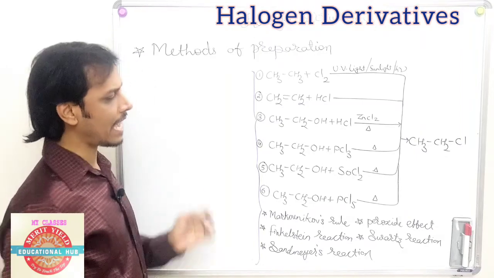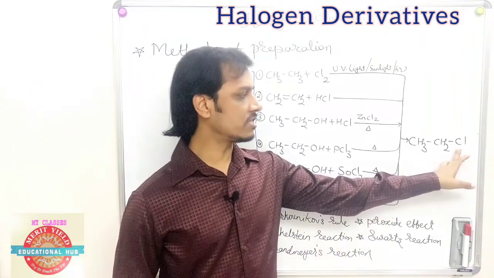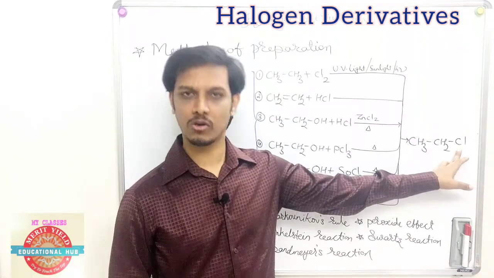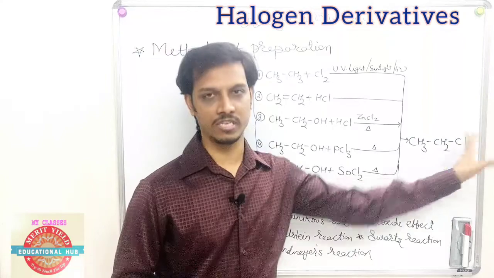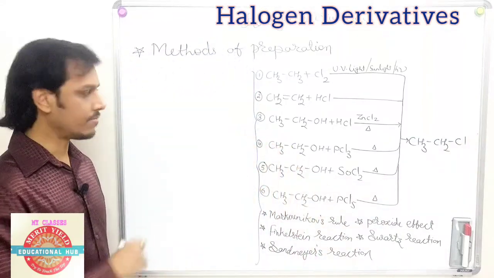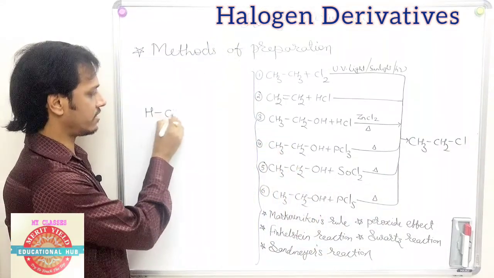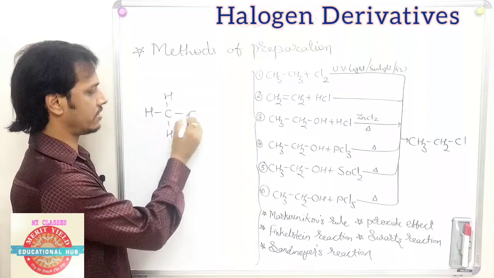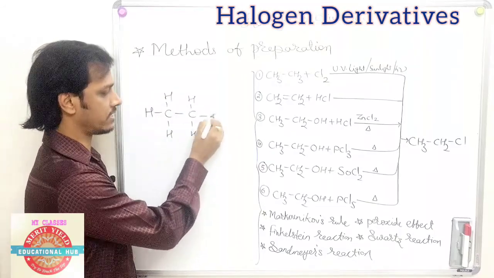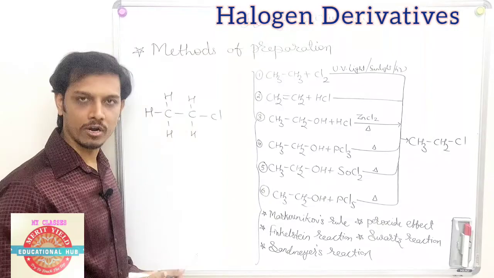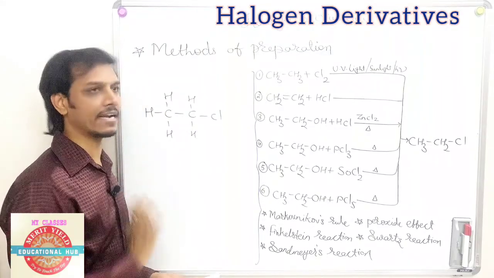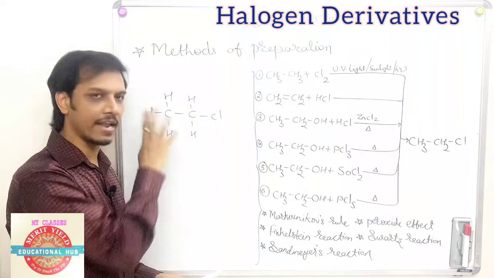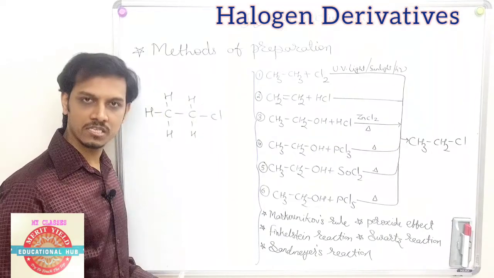So now for example, I am taking here one hydrogen replaced by one halogen, and that halogen is chlorine. So here the product I am expecting is CH3CH2Cl. There is a term called retrosynthesis. H, C, H, H, H and Cl, this I want. Okay, so from what reactant can I get this? So search for the nearby reactants which are very close to CH3CH2Cl.